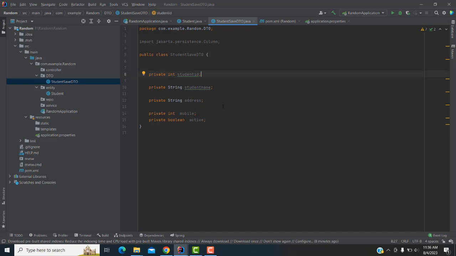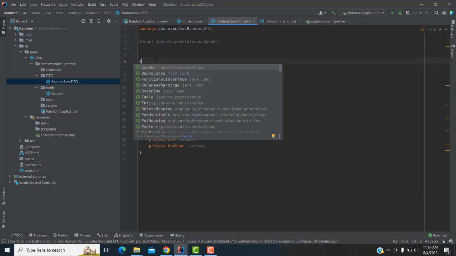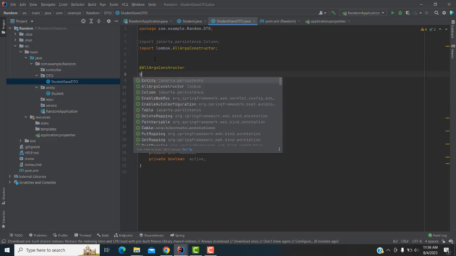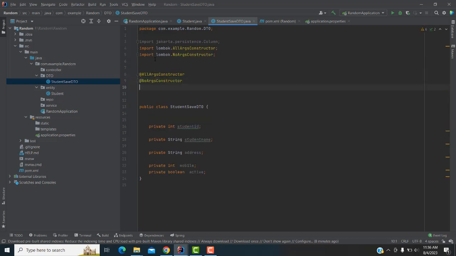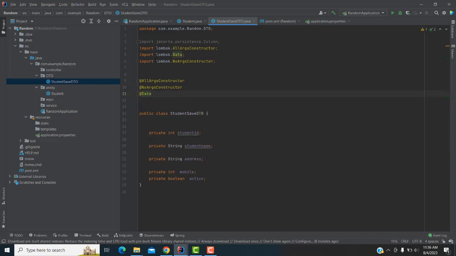Here we don't need to generate get and set methods. Instead, we already installed that dependency, which is Lombok. That dependency has the all-args constructor, the no-args constructor, and data. These are the three things that dependency consists of. So we no need to implement the get and set methods, right? This is the purpose of installing the Lombok dependency in the Spring Boot application. Now